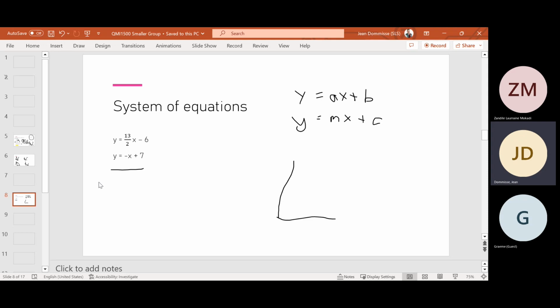Or I can tell you, in this instance, if y is equal to 0, I can work out what x will be. So if y is equal to 0, that will go over, so then we will get that x is equal to 7. So if y is 0, x is 7,